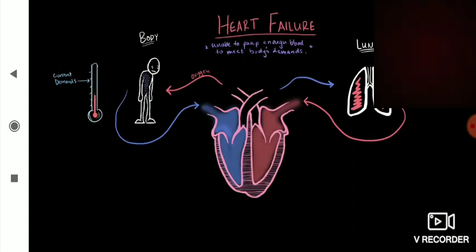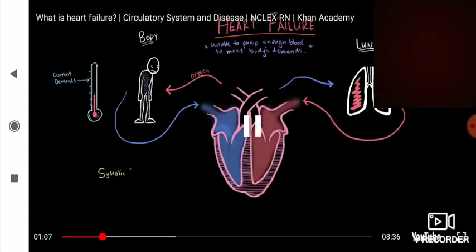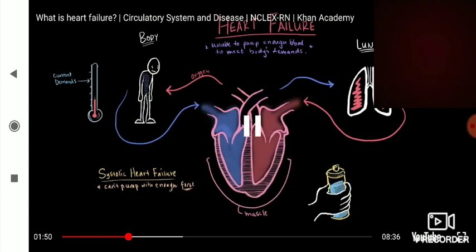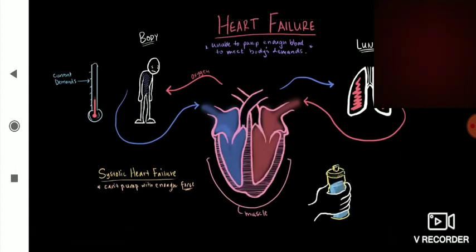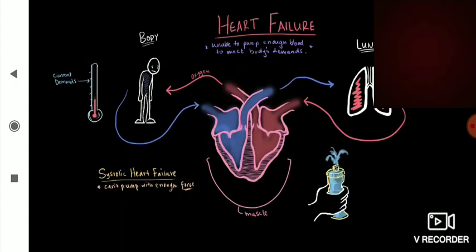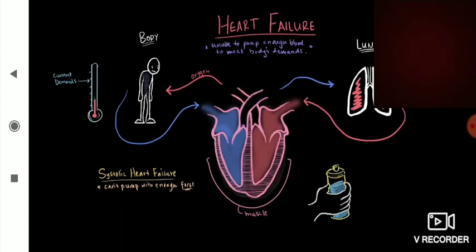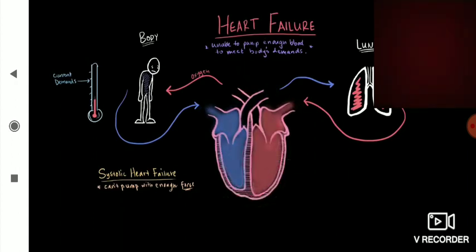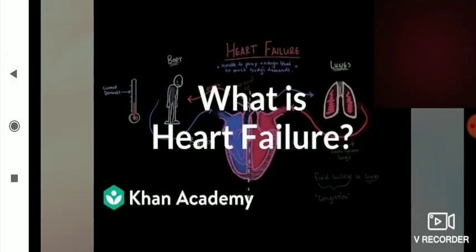And there are essentially two types of heart failure. The first one we call systolic. It's the same concept with your heart. When those muscles contract, they squeeze the blood, and that's how you eject blood to both your body and your lungs. With systolic heart failure, since your heart muscles are smaller,